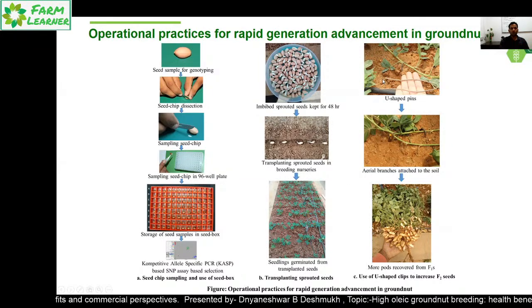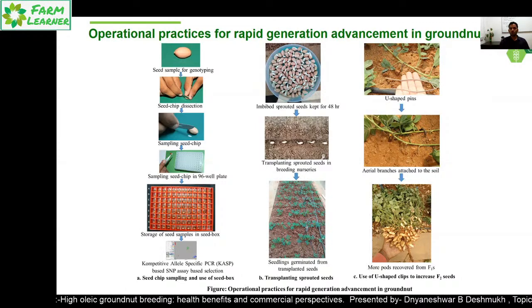And then when we grow groundnut in the glass house, sometimes we get very few F1s and F2s. To get more seeds from the plants which are crossed, it is very important to increase the number of seeds in early generation. For any breeder, it is very beneficial if we get more seeds in F1s and F2s. So here is an attempt to get more seeds by using just a small intervention, that is use of U-shaped clips. What we did is when we get Spanish bunch type, as shown in earlier slides,